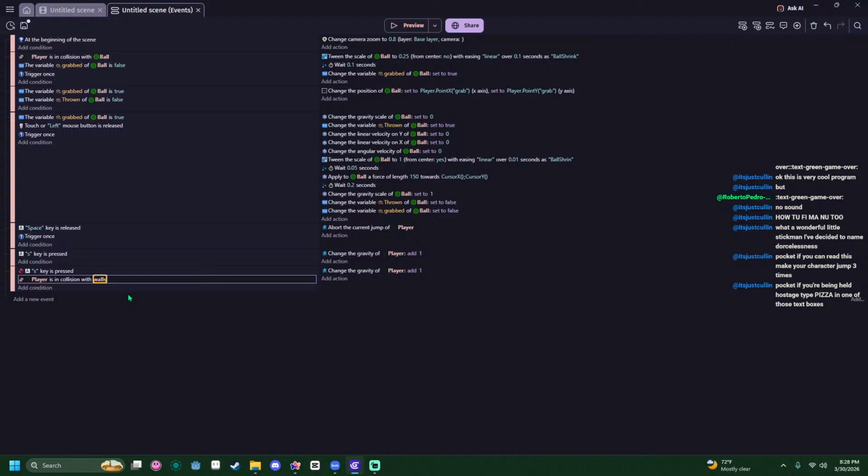Reload chat to make sure it's working. There we go. Where is... Fuck, man. Oh.